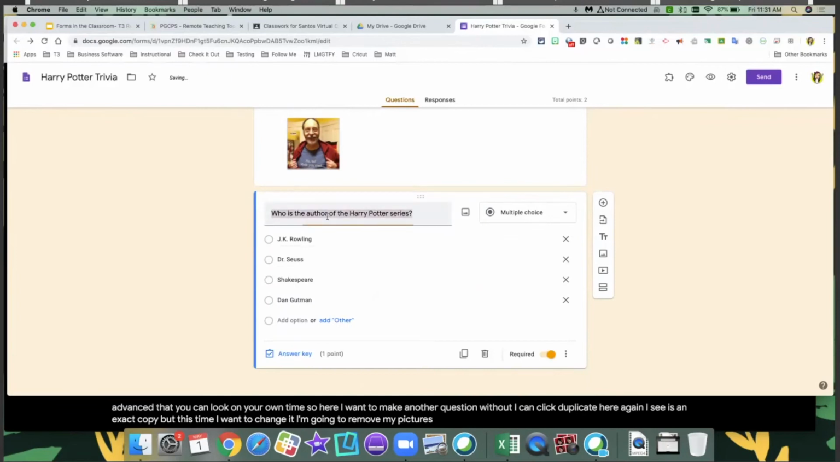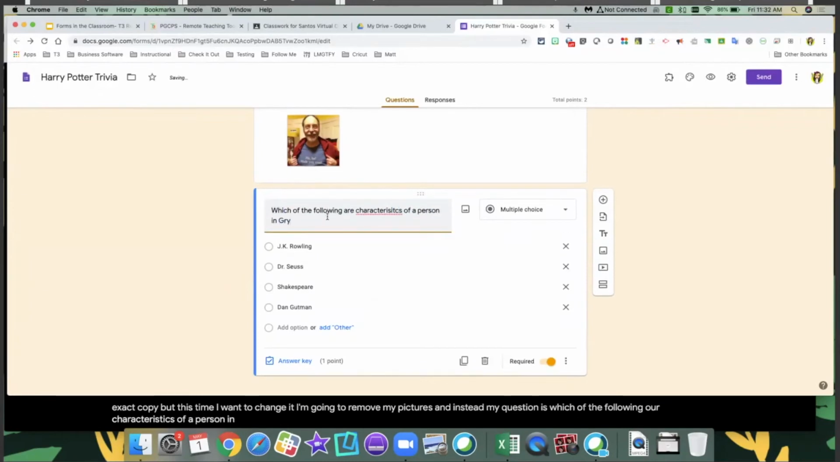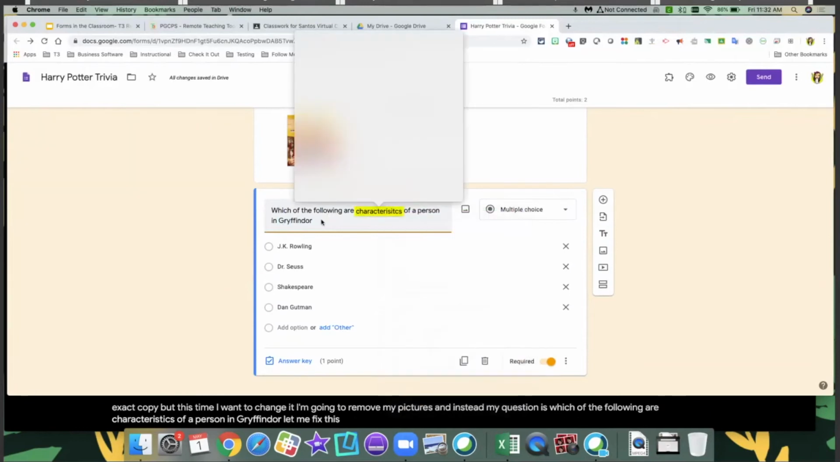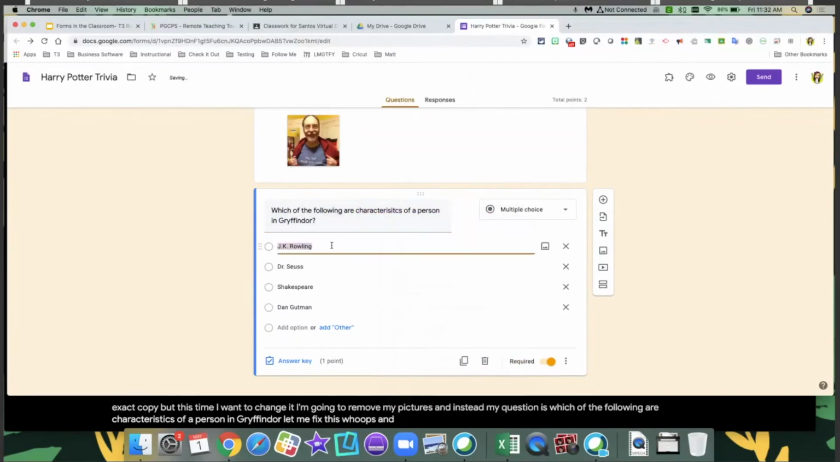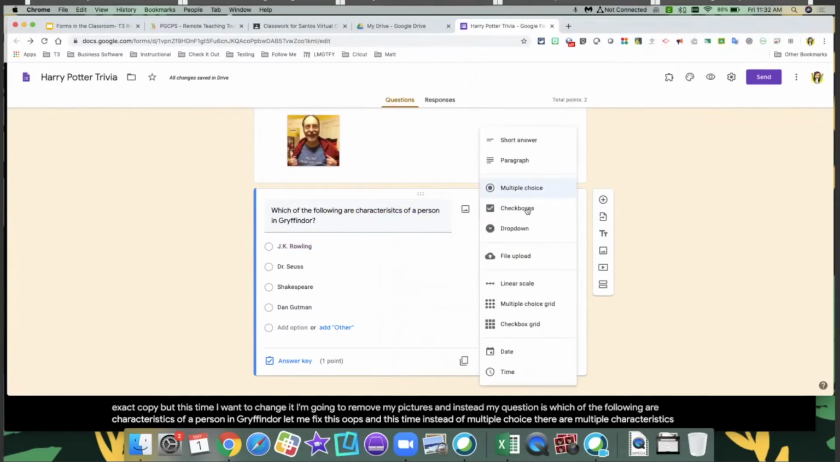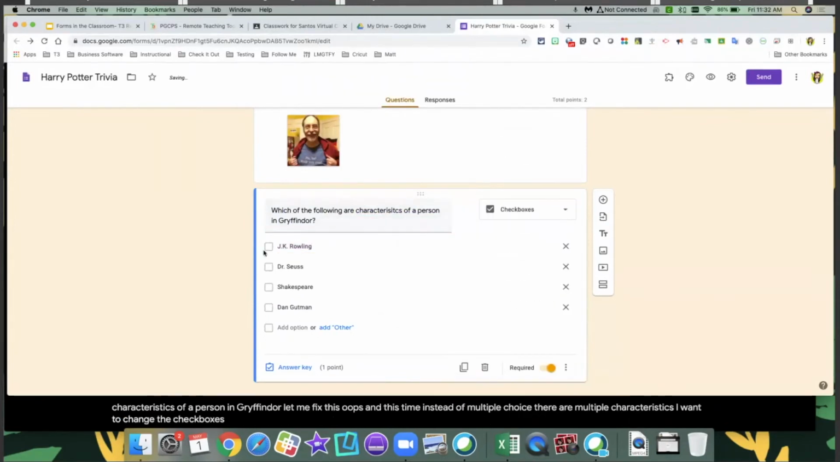And instead my question is, which of the following are characteristics of a person in Gryffindor? Let me fix this. Oops, there we go. And this time, instead of multiple choice, there are multiple characteristics. I want to change this to checkboxes. Notice here it turns the circles into squares, and I can change each option: